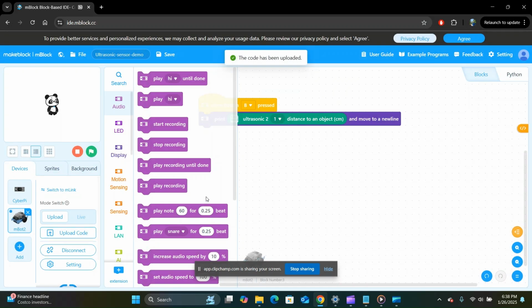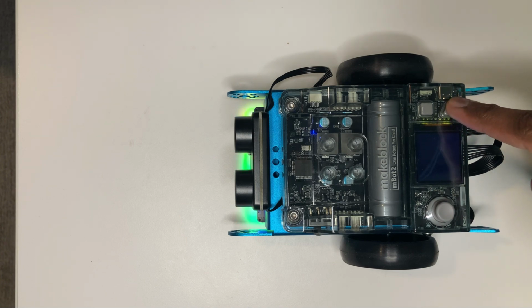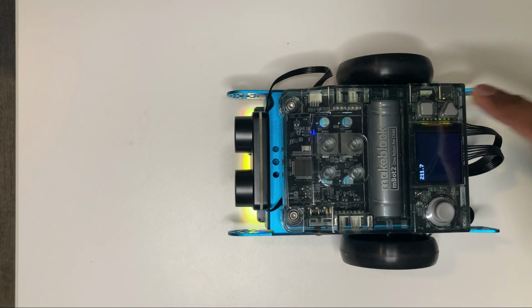Once the code has been uploaded, we can now go and test on the robot. With the uploaded code, let's retest our program. Let's press button B once to get the first ultrasonic sensor distance measurement. And we see that it says